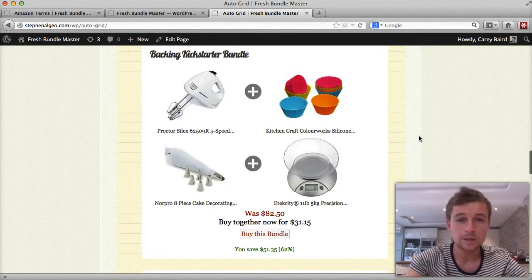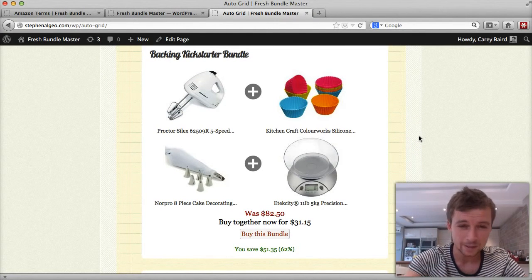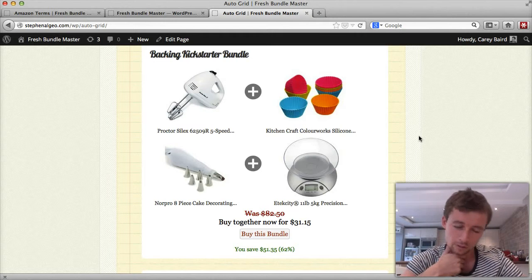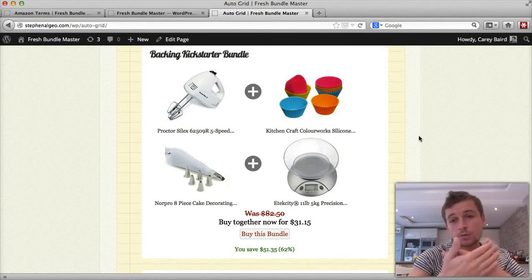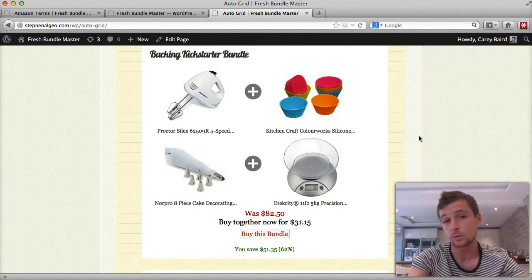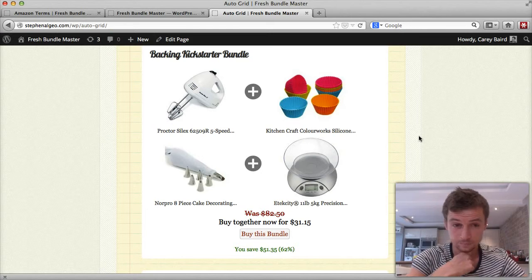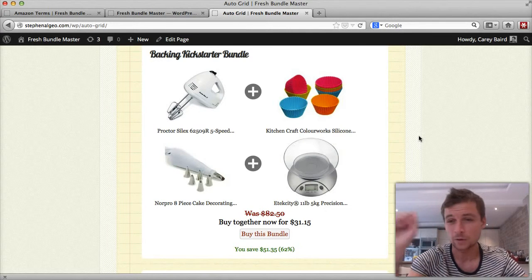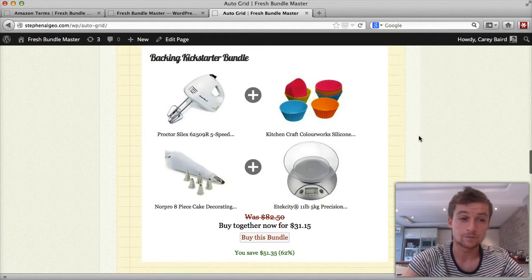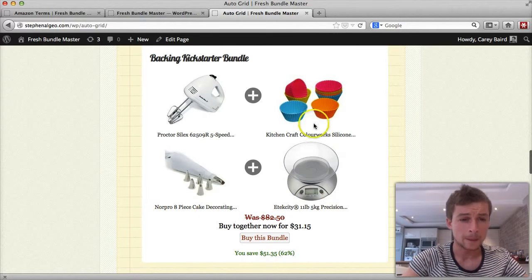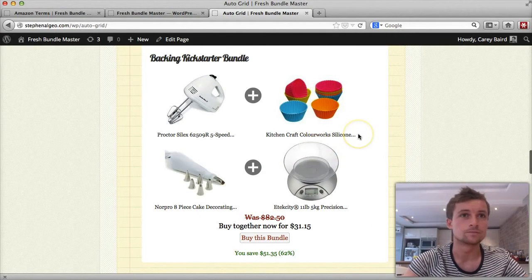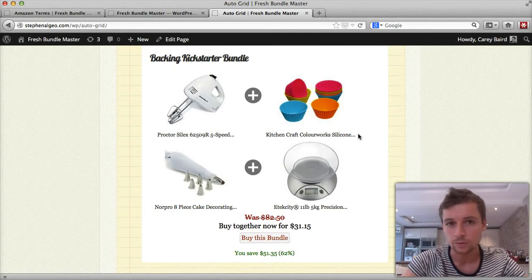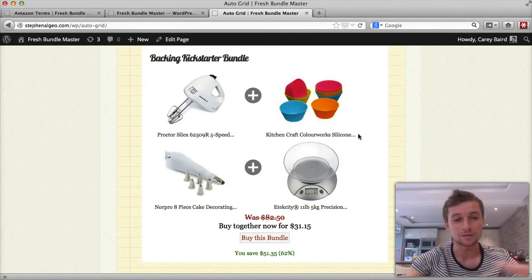So if you're doing anything like recipes, or you're talking about a certain type of cooking or baking, there's loads of things you can do with Amazon. You can list all the ingredients out. Even if you post a recipe, you can pick out all the ingredients from Amazon, because they do so much food and groceries now, and your customers can just go one click, buy all the ingredients, check out. Brilliant. It's very good for the visitor, as well as being good for you in terms of conversions and commissions. And baking bundles, all kinds of different ones, like Italian cooking bundles. You get a pan, a pasta maker, a pasta spoon to get the pasta out of the pan, all those kind of things you can think of, and you can bring them together